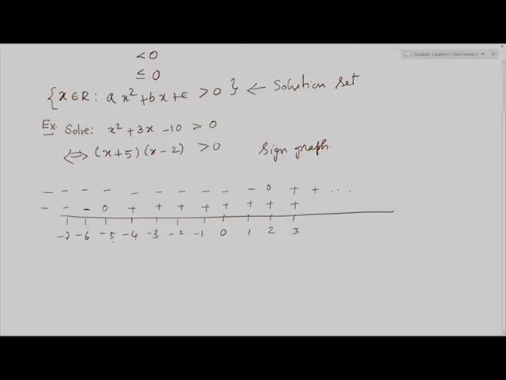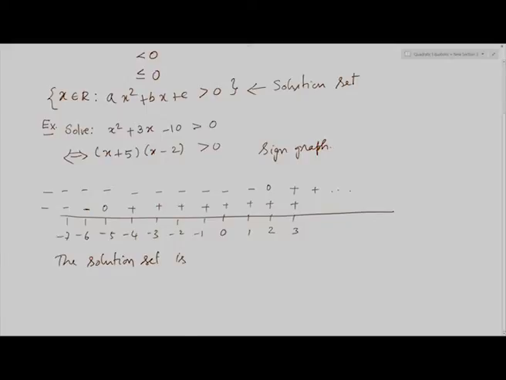Here we see both negative, and here both positive. In between 0 and 2 it has a plus sign and a minus sign. Therefore, the solution set is